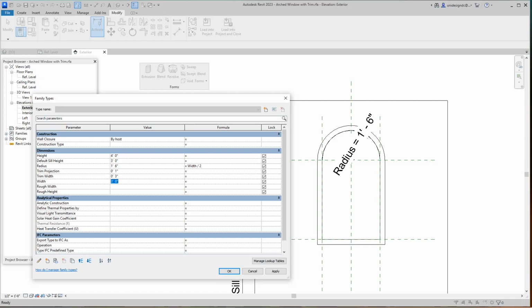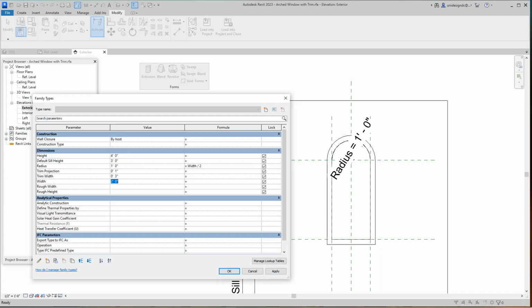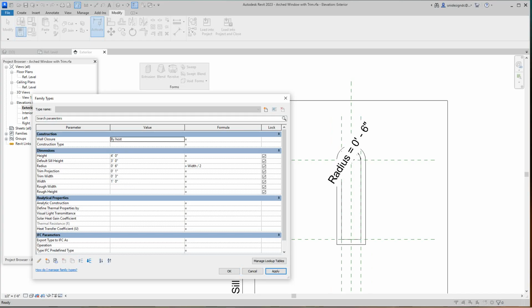And now here we want to do some flexing to make sure it works. So let's say 2 for width. Okay. Let's go with 1. That might be too small. No, it's not. Okay. You see what's happening there with the radius? Okay, 4. Oh, let's just go with 3. So it's working